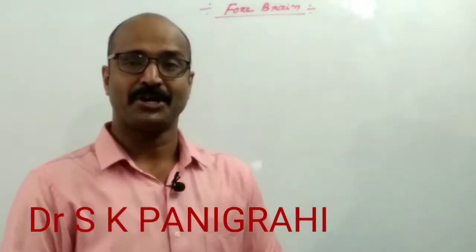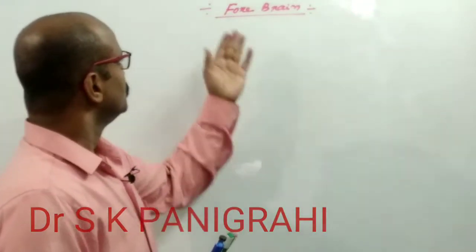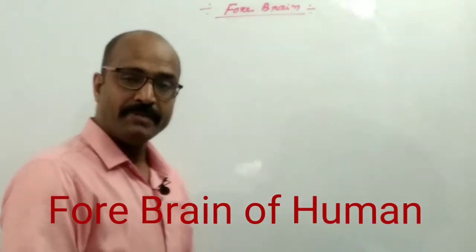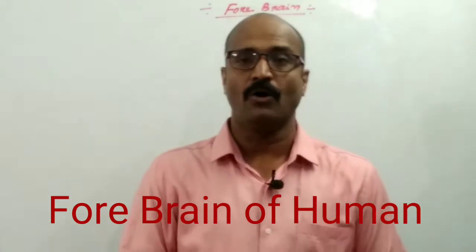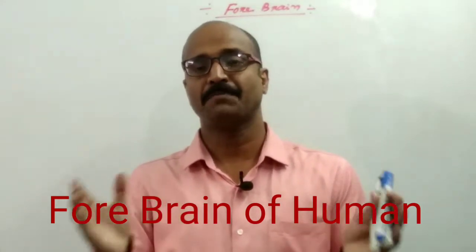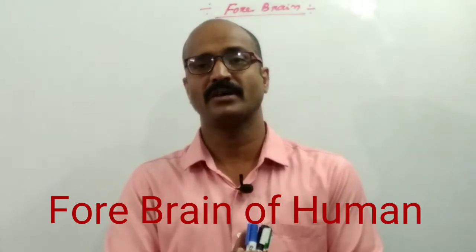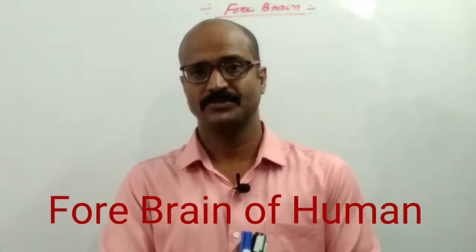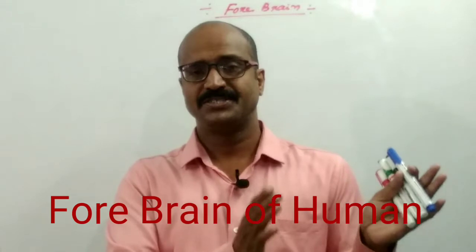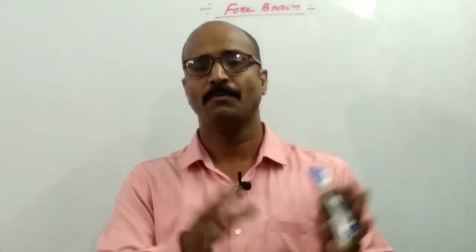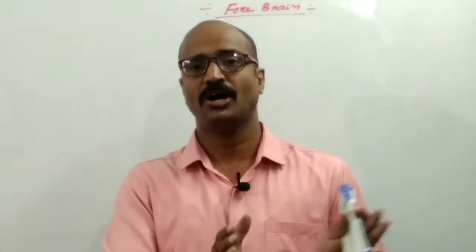In this session, I will talk about different parts of the forebrain and their function. In my last video, I already talked about the forebrain. It has three important parts: one is the olfactory lobe, second is the cerebrum, and third is the diencephalon. Out of these parts, the cerebrum is highly developed and it covers almost all parts of the brain except some part of